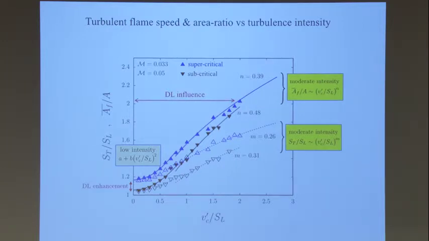subcritical and supercritical flames propagate at different speeds. The subcritical flame is a planar flame and propagates at the laminar flame speed. The supercritical flame is a peak structure that propagates faster. And so you see that the curve here goes to the value that should be from the bifurcation diagram that I showed you earlier. So this enhancement here is due to the Darrieus-Landau instability. Similarly, the effect here is due to the Darrieus-Landau effect, which tends to diminish as you increase the intensity,